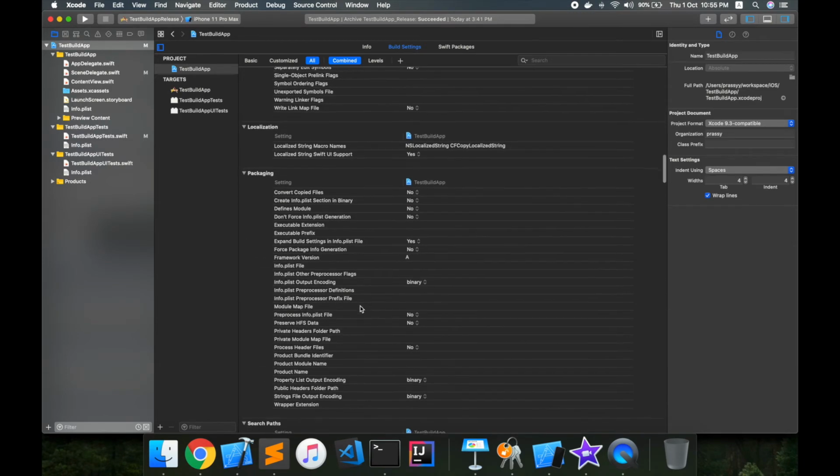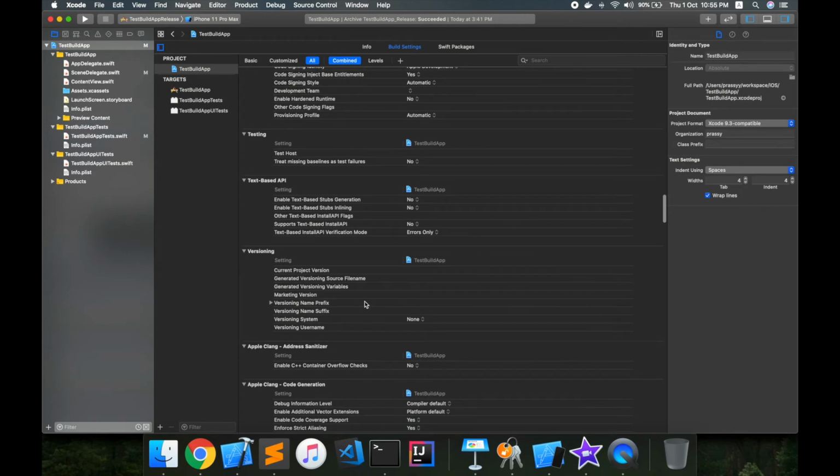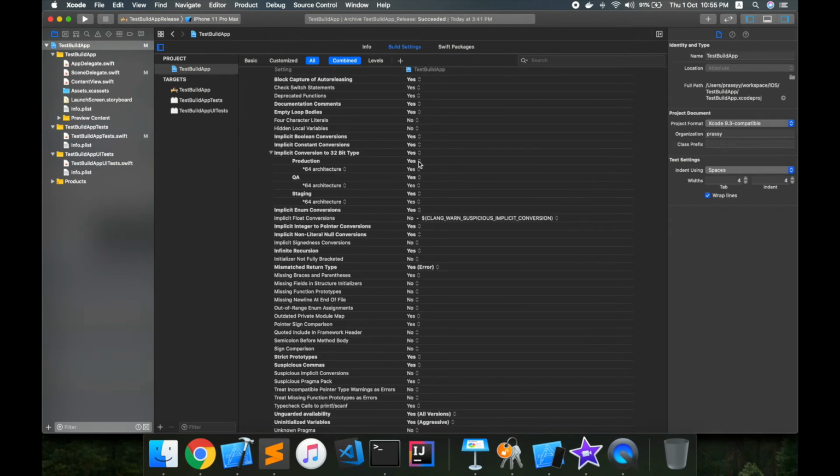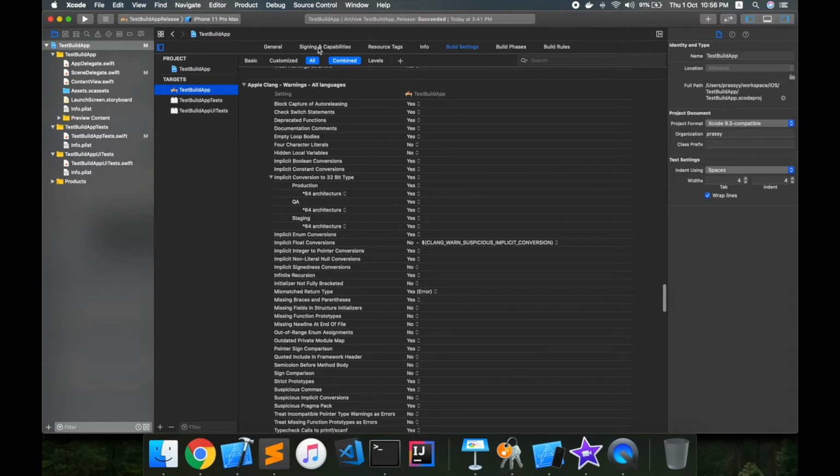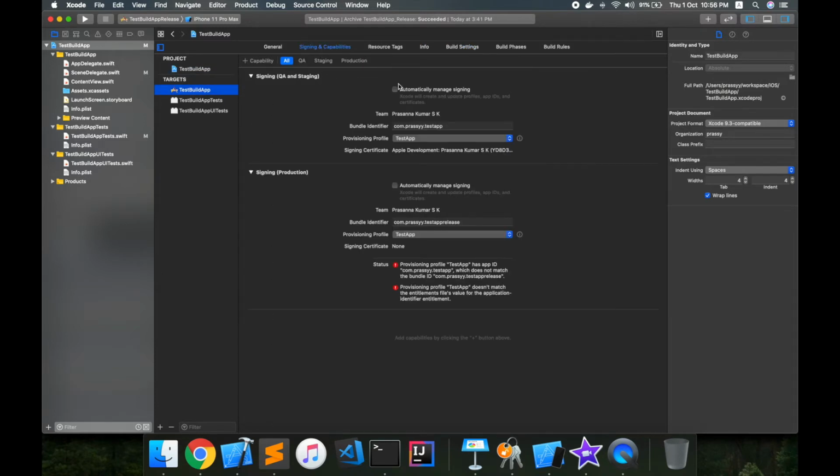So this is how you create your own custom configuration and optimize it differently for different builds. Now if you go into your targets, you will be able to see that you are free to have different bundle identifiers and provisioning profiles for your QA, staging and production. In this case, since I have given the same bundle ID and provisioning profile for QA and staging, they are grouped together and shown here, and I can have a different one for production, which is usually the case.